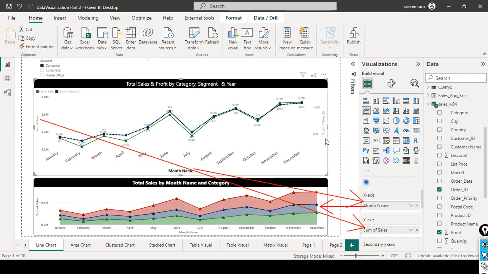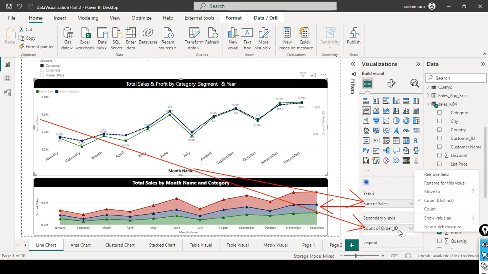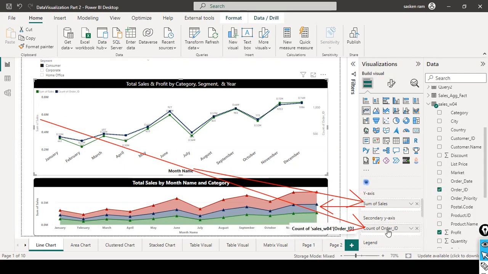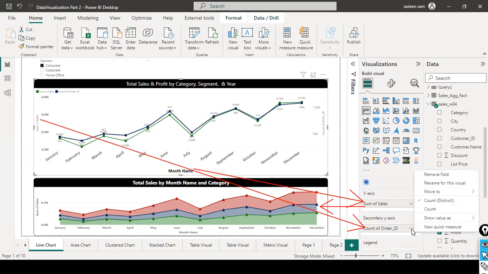And then here, you can find something like this. In the secondary axis, you have the count of order ID. You just keep the cursor over here, and then you can click on it here. You can see count of order ID. So I dropped the order ID column, and then I selected the count distinct. So here you can see how much sales we made, how many orders we executed month on month. So you have two y-axes here, secondary. That's why we call it the secondary y-axis. So likewise, you can go and explore all the visuals. It's pretty straightforward. Even a 10th standard student